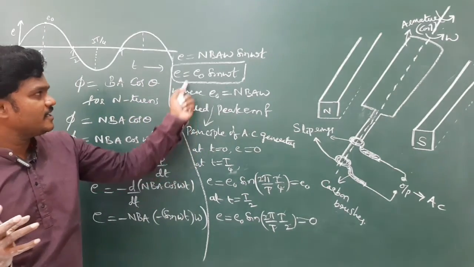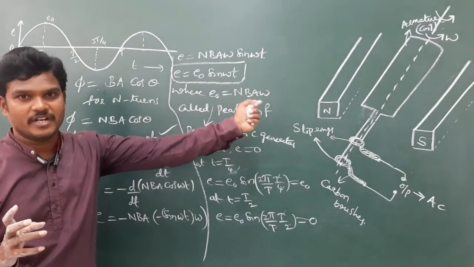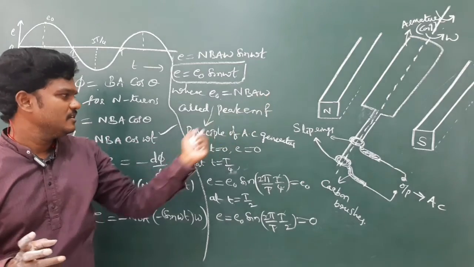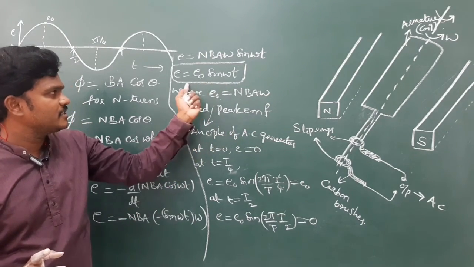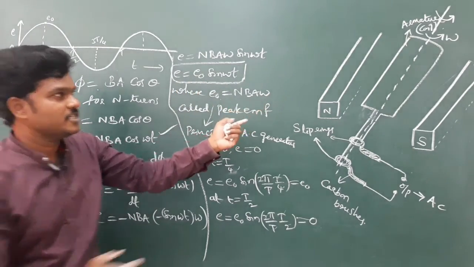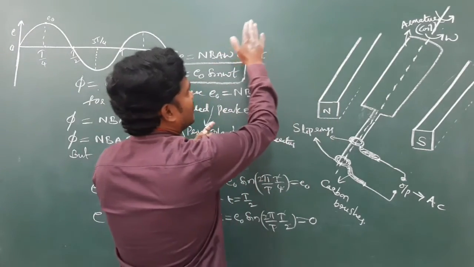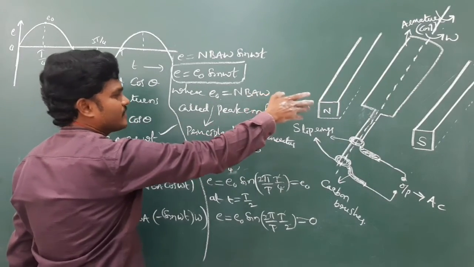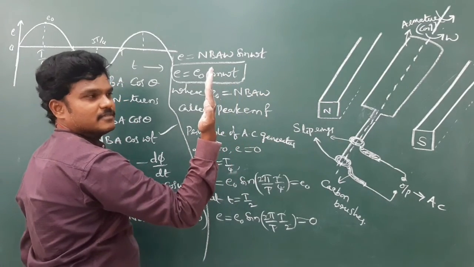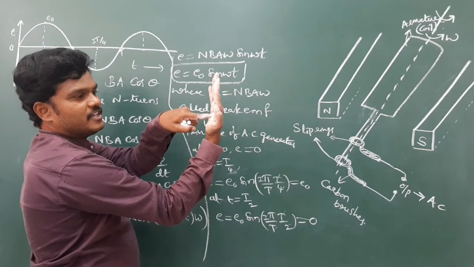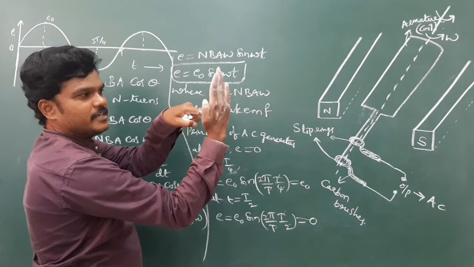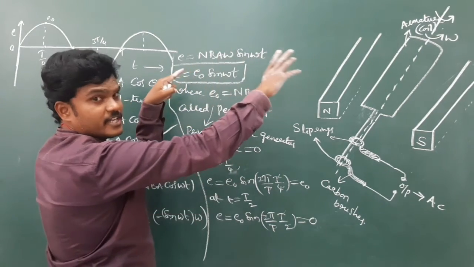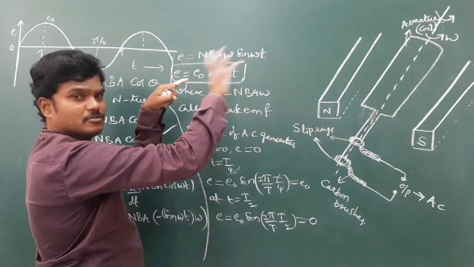Finally I got E is equal to E naught sin omega t. If any resistance is given, I is equal to I naught sin omega t. Just verify how this EMF is going to change. Actually I would have to draw these diagrams: first parallel, next at an angle, and so on, so there is no need to draw the different diagrams. If the plane of the coil is perpendicular to the field, the flux is maximum. If it makes 70 degrees, the flux varies; at 60 degrees, the flux varies. There are some different diagrams given in NCERT, just go through them.